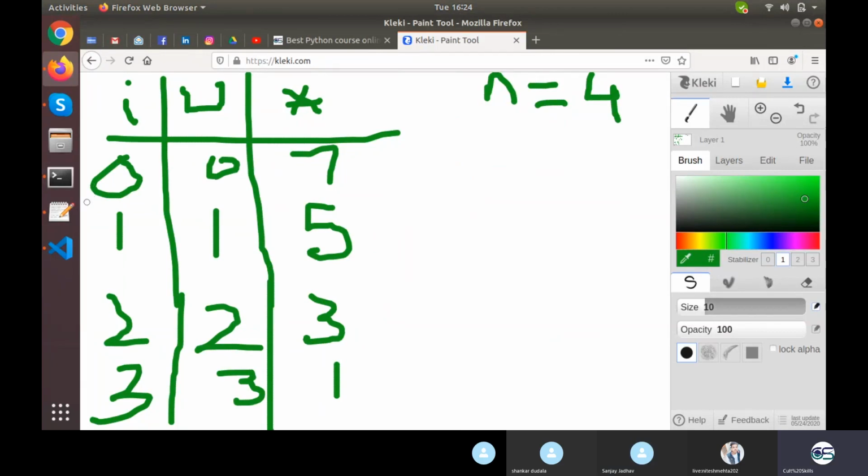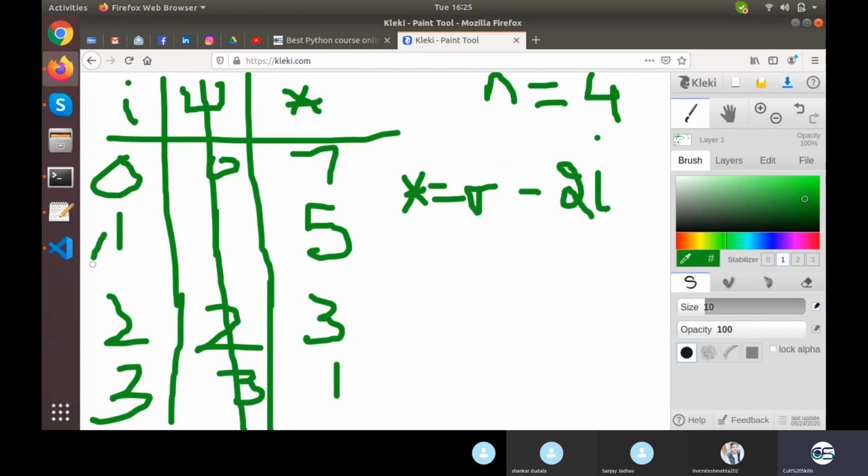Now you can see that the value of I is increasing and the value of star is decreasing. So there will be minus I. I need not work on this part, I guess. It is very clear, 0, 1, 2, 3. Now the value of I would be in minus for the value of star. Something minus 2I, because the value of star is decreasing twice for 1 unit change in I. So from 1 to 2 in I, star goes from 5 to 3, 3 to 1, 2 units. So I take it minus 2i.